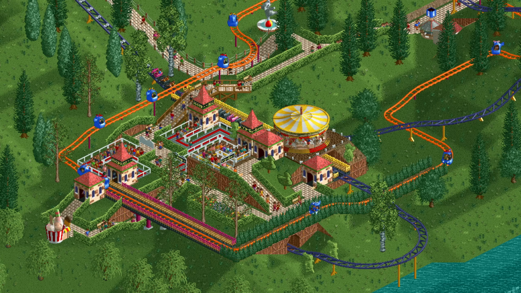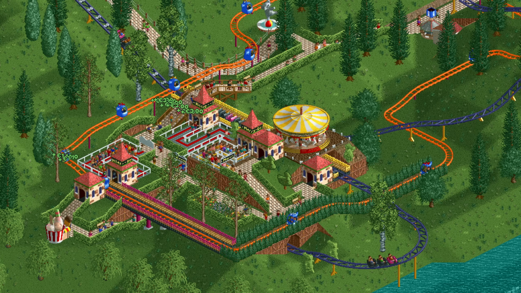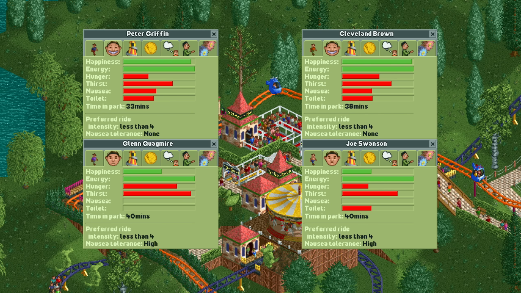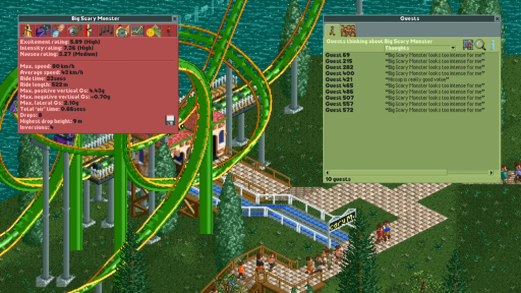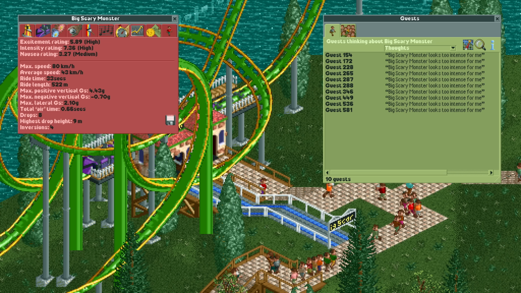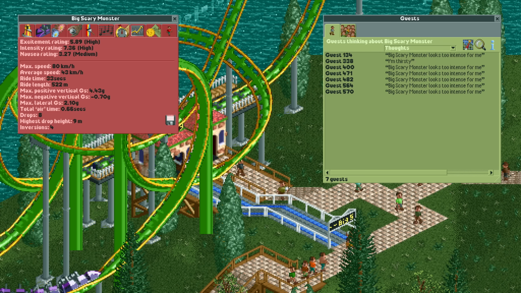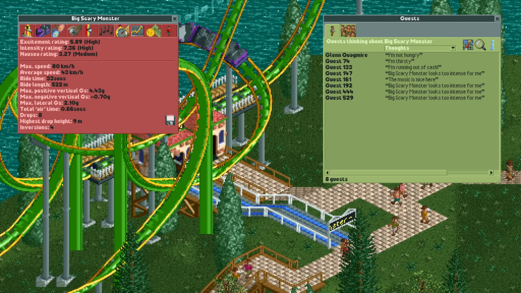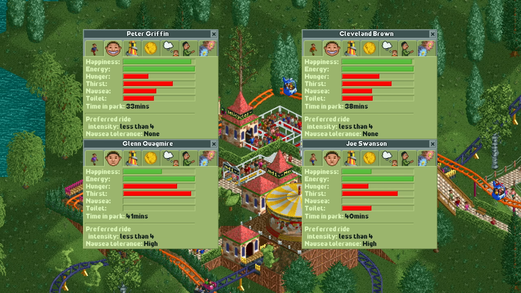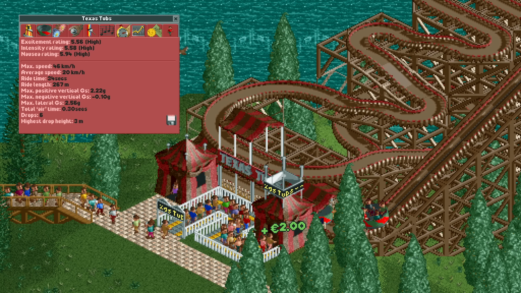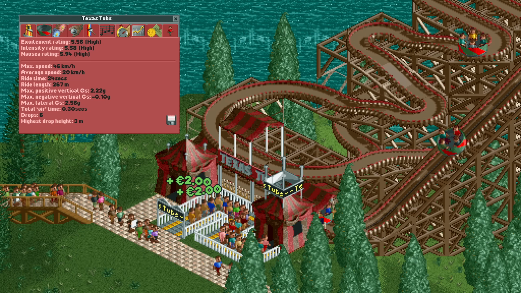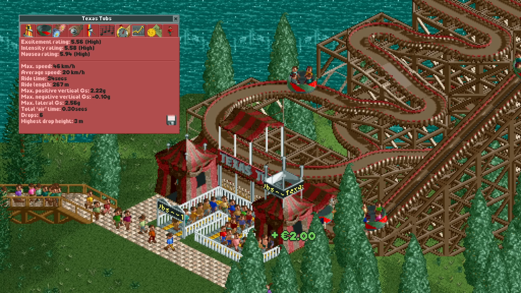There are scenarios like Gentle Glen where all the guests prefer less intense rides. If this is the case, then everyone will have their preference set to 4 or less, no matter what, and this cannot ever change. With a lot of happiness, this can be extended up to 6.55, but in these parks guests will never ever, outside of advertising and rain, ride rides with a higher intensity rating than 6.55. The nausea tolerances are still distributed as usual, so guests will still go on nauseating rides and won't always get extremely sick from them. Considering that most guests are at least neutrally happy most of the time, you can safely build rides up to about 5.5 intensity in these parks without needing to worry about them being too intense.